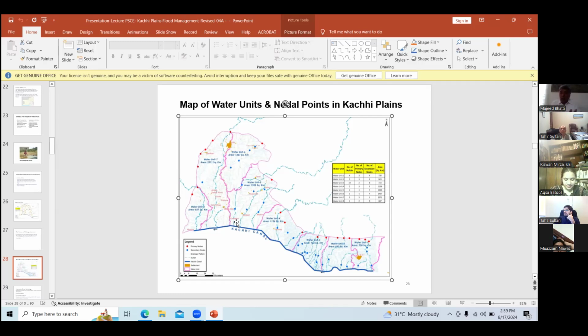So this methodology was adopted for working out the hydrological analysis. I think I have been able to clarify this point.